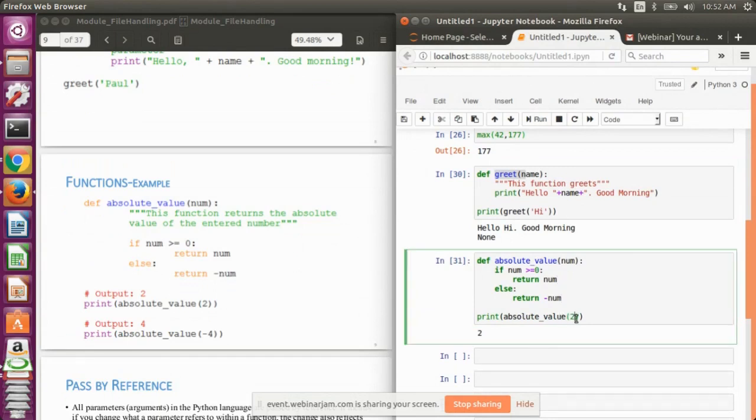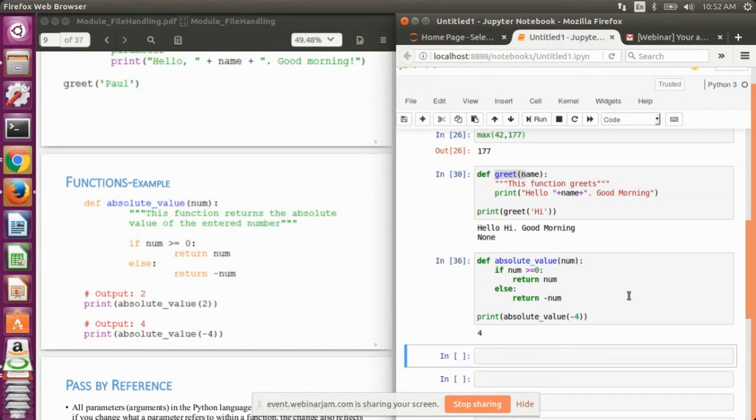Now if I pass negative 2, if the value is negative, it will add a minus sign to it, and minus minus will become positive.